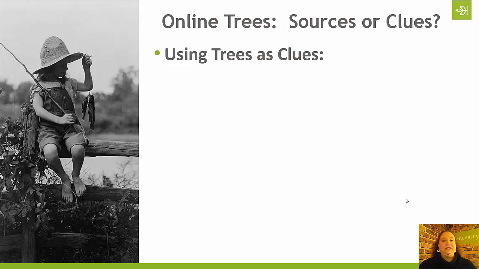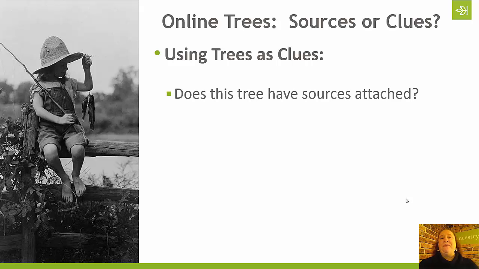Now, today we're talking about just online family trees, but remember, based on that quote by Dr. Jones, this can apply to a published family history. It can apply to an application for a lineage society, any number of places where people just publish or put forth their own family history information. So the first question that I often ask myself when I am using family trees as clues is, does this